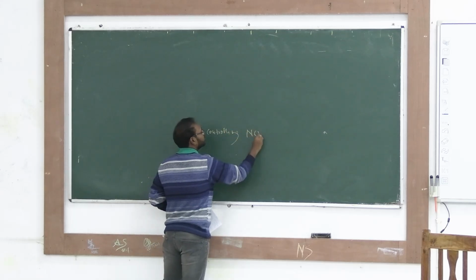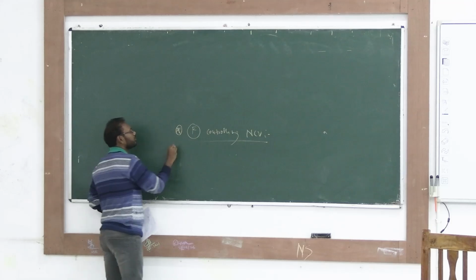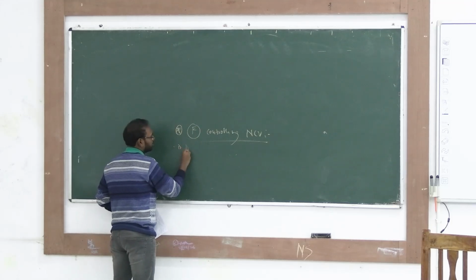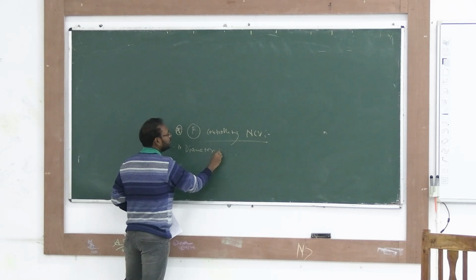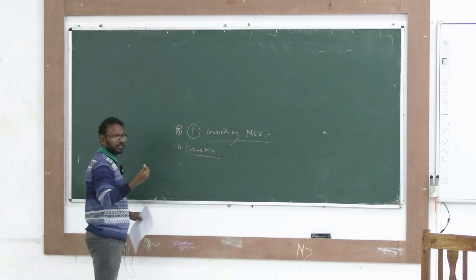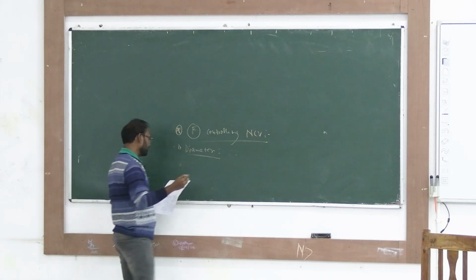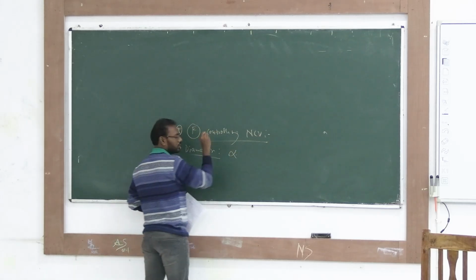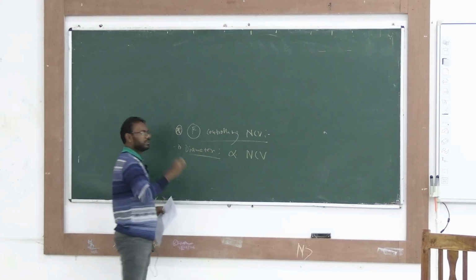The first point, factors controlling NCV. The first is thickness, এখানে তো thickness বলবো না, এখানে বলবো diameter. So diameter, first is your diameter of what? Diameter of your myelin sheath. So that more the diameter, ওটা কি আমরা thickness বলছি, more the thickness, so this diameter is directly proportional to NCV. Diameter increase করলে thickness increase হবে।